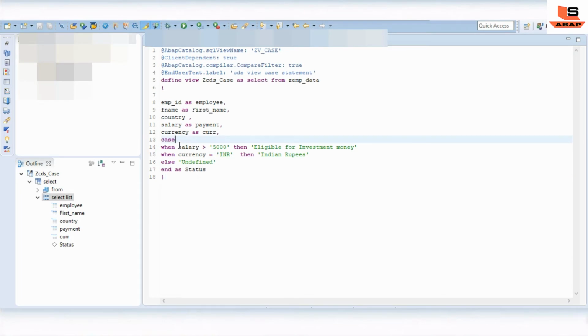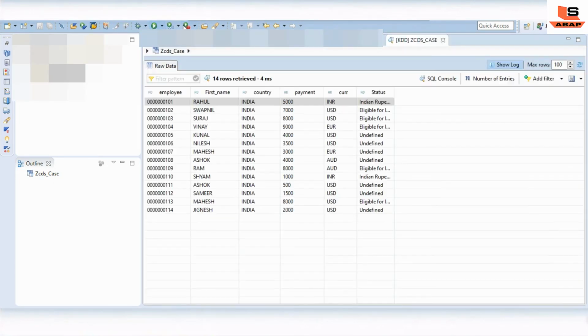We have used here the name of the column, right? Because we were using the case statement for this currency column. But now, if you have to perform the case statement for multiple columns, you don't need to specify anything after the case statement. Directly in the when statement, you can use the name of the column and give the condition as per your requirement. So let's see how it looks. We'll just activate this.